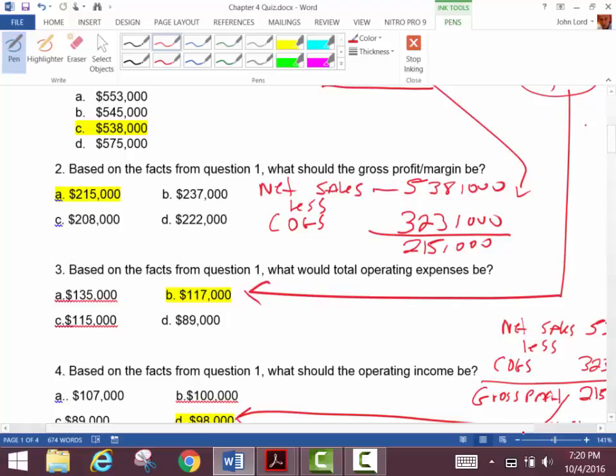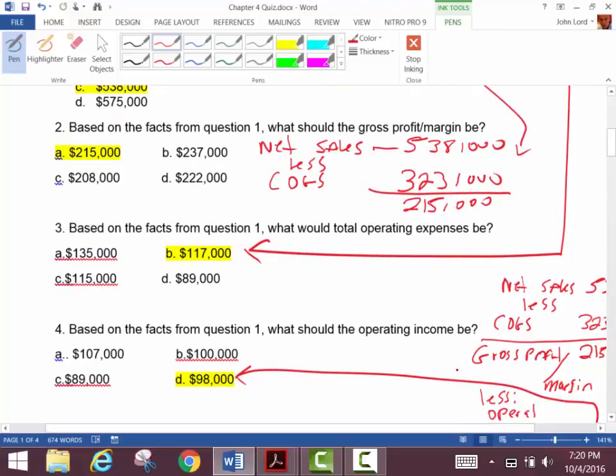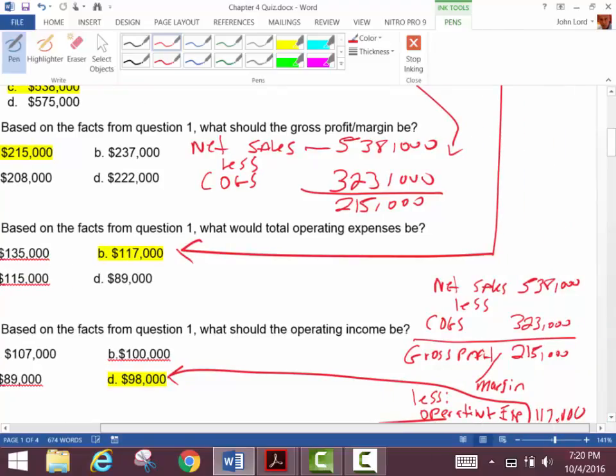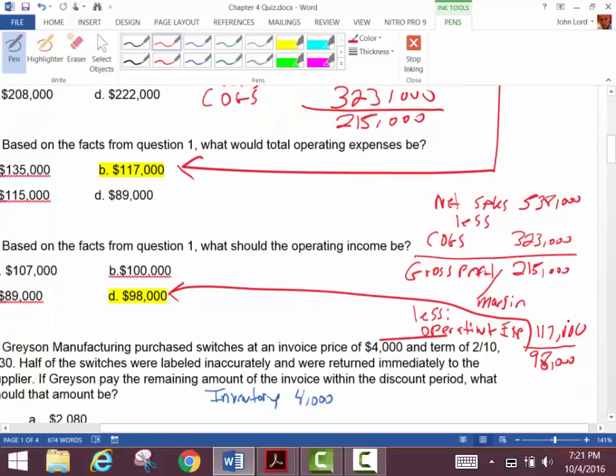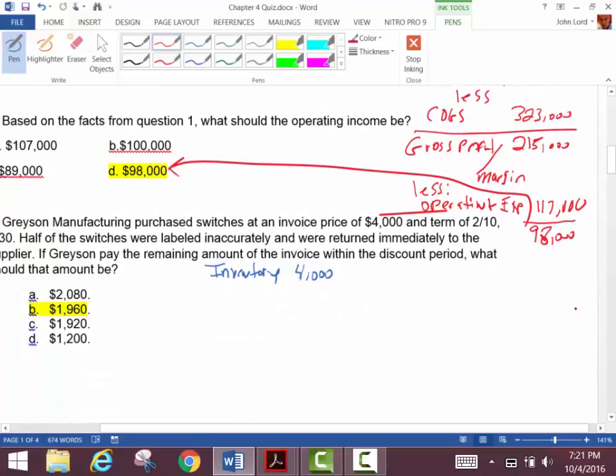Okay. Then I sit here and I say, well, what's the operating income? Well, I didn't start all over again showing you everything that went into net sales. I simply took my net sales less my cost of goods sold, which gave me my gross profit or margin, less my operating expenses is my operating income, right? Okay, good. Any questions on those? So that was pretty much right off of those last couple slides we looked at, right?